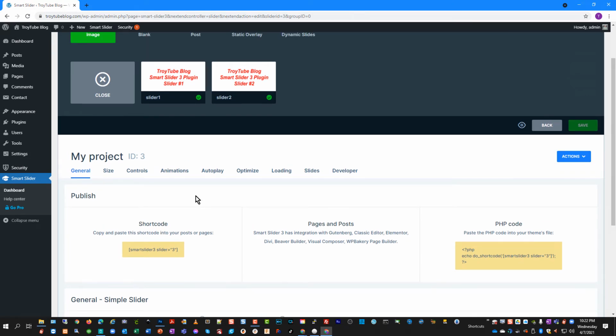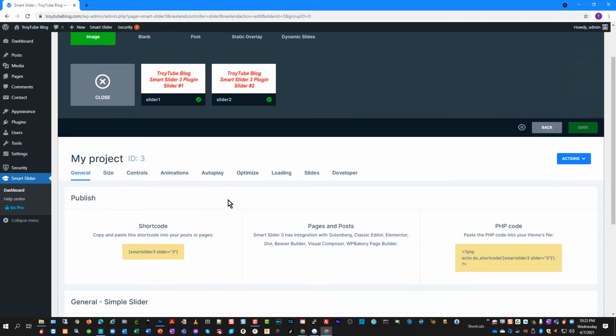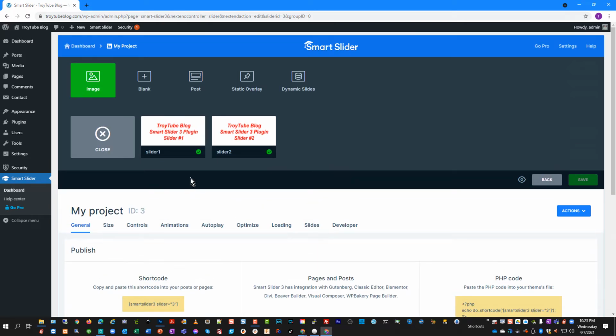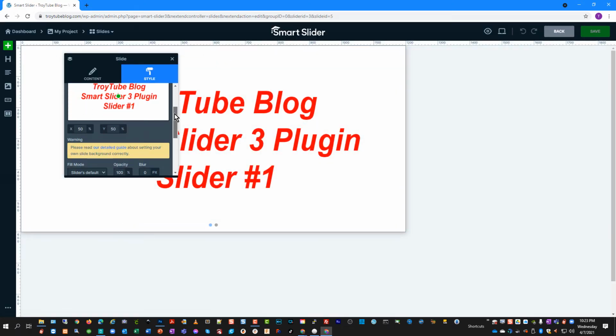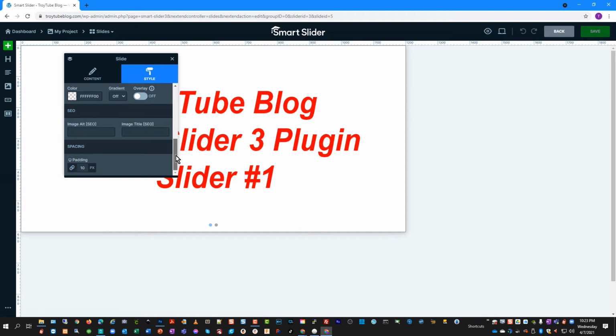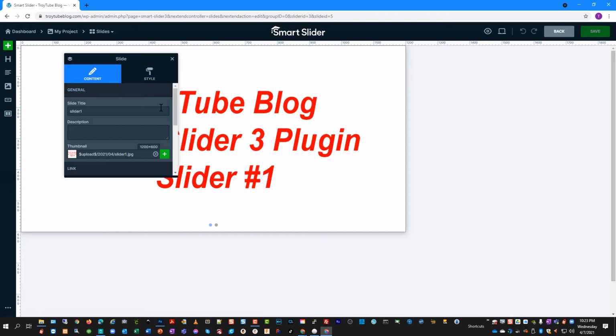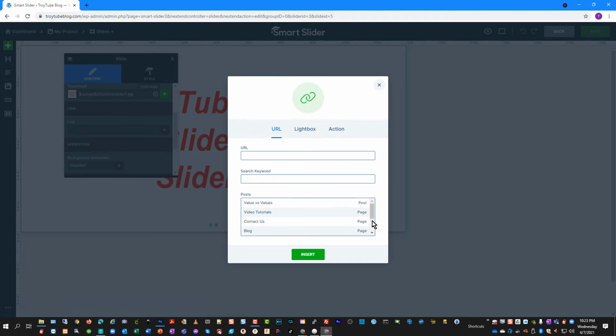And if you're going to use this plugin, like I said, there are many different slider plugins, and I just happen to like this one. I think it's real easy to use and works well. And if you decide to pay for the Pro version, they have some nice features with it. Once this is set up in here, we can click on our actual slide and click Edit. And if we scroll down, we'll see some different settings here for the style, and then for the content of the slider, we can add a link. For example, we'll link this one to our blog,